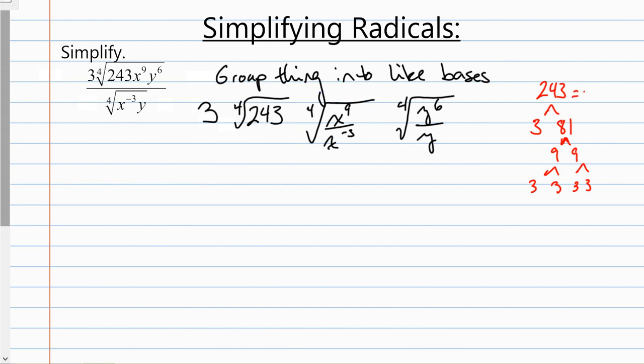So 243 is 3 to the 5th power. So I come back over here and I've got my 3 sitting out front. I'm going to have the 4th root of 3 to the 5th